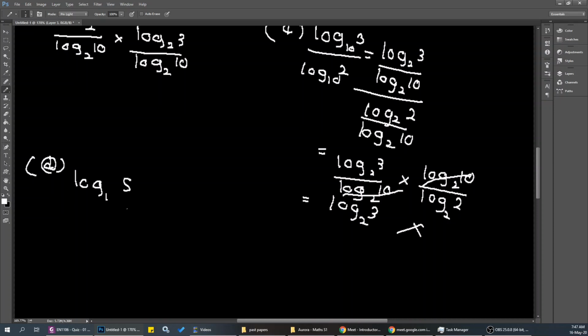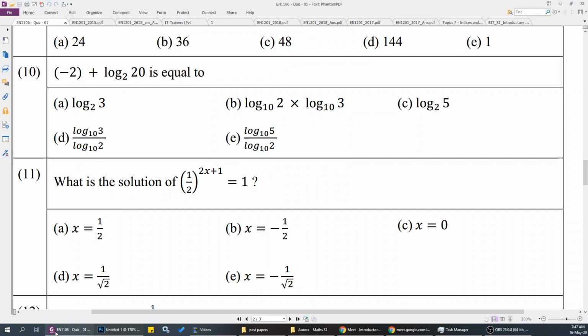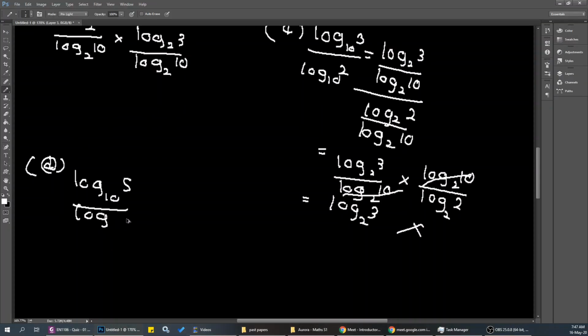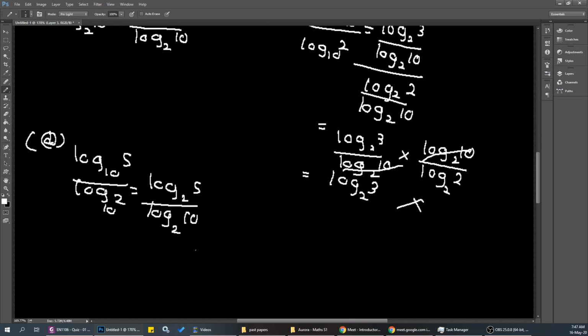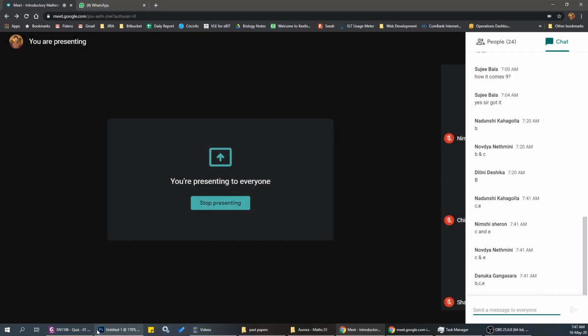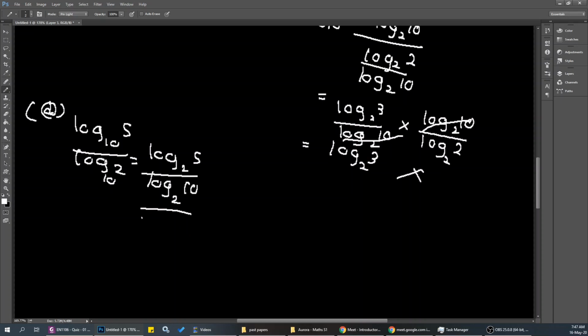Log of 5 to the base 10 over log of 10 to the base, log of 2 to the base 10, right? We can just convert the logarithm bases, and I think this is an answer. Log of 5 to the base 2 over log of 10 to the base 2 over log of